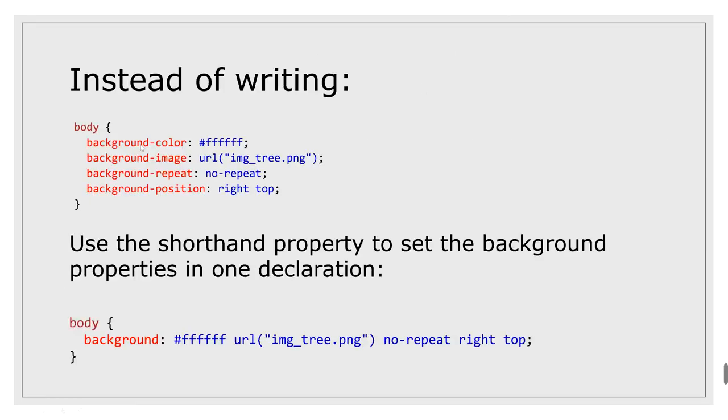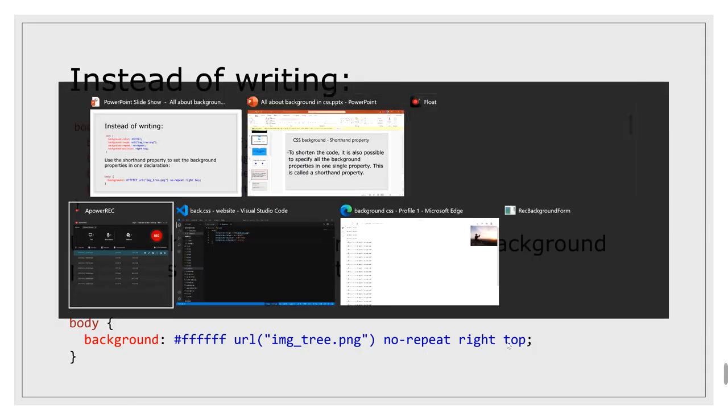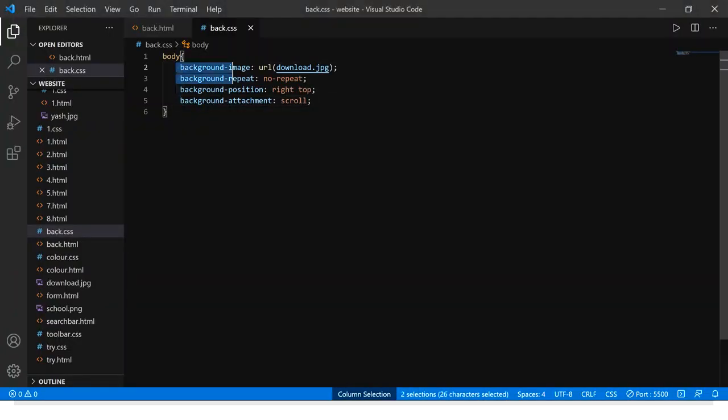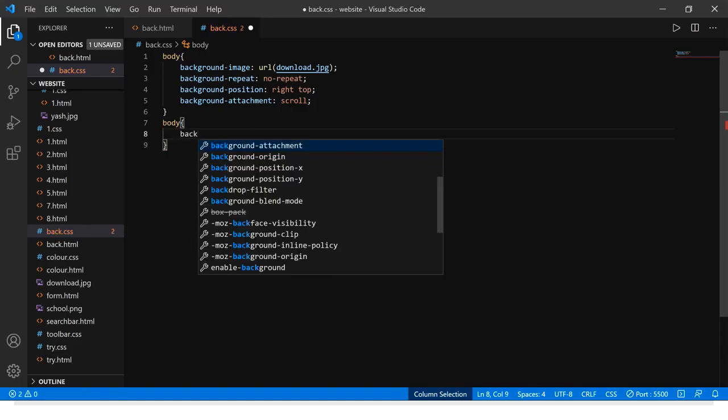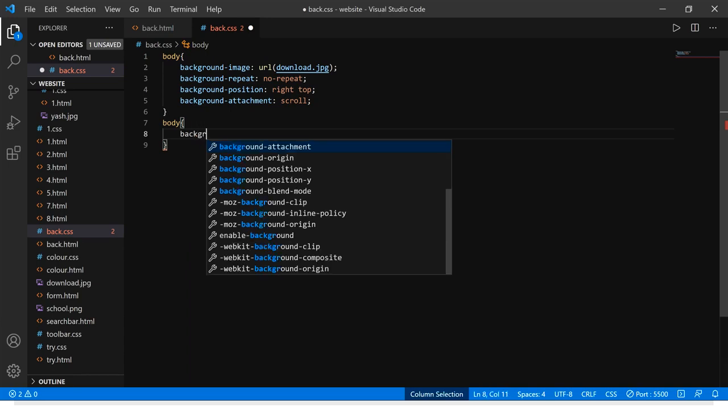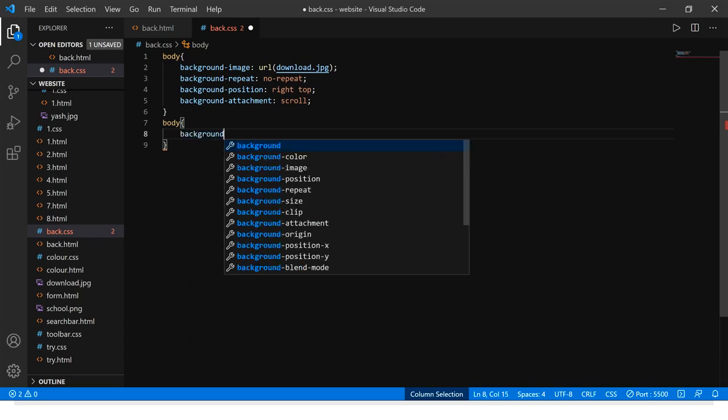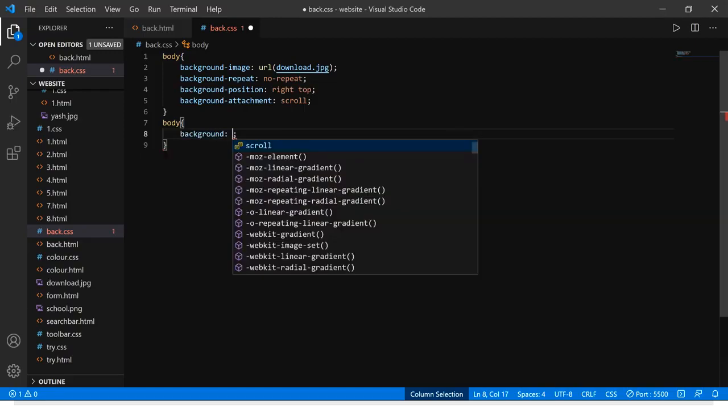Like instead of writing this background color, image, repeat, position, you can just write body, then the background color, and then the image, then no repeat, and it should be in the right top. Now we will see it through example. Okay, now I will just clear all this, or okay, I will write it below only. Body, this I will take background, then I will just take here